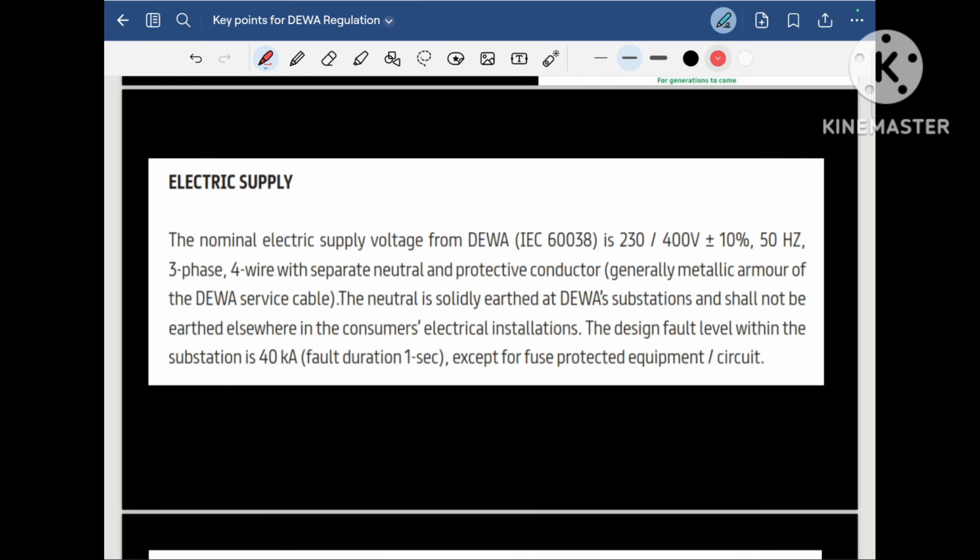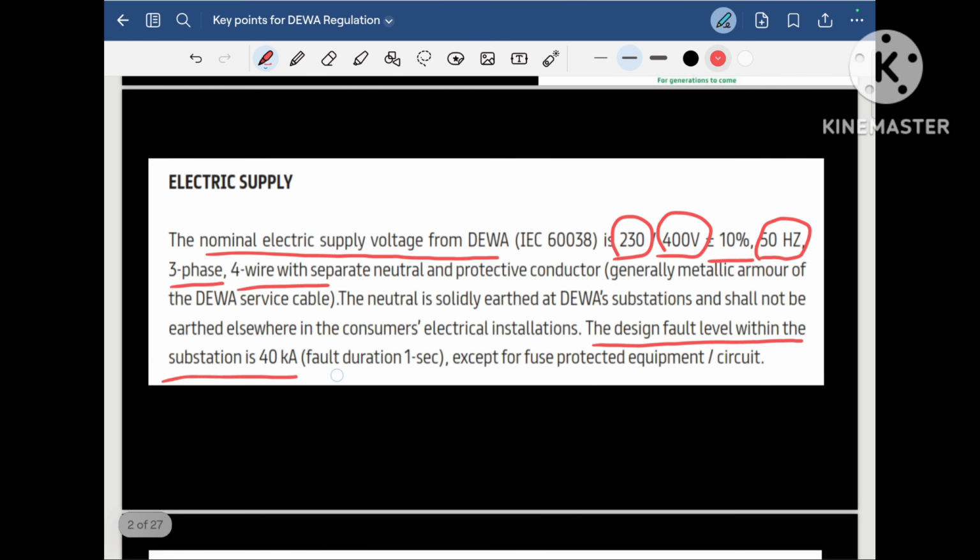The first important point mentioned in the DEWA regulation is that the nominal electrical supply voltage for DEWA is 230 volt for single phase and 400 volt for three phase system with plus minus 10% variation. The next important point is that the frequency in DEWA or UAE is 50 Hz and it is a three phase 4 wire system. The other important point is that the design fault level within the substation is to be 40 kiloampere for 1 second